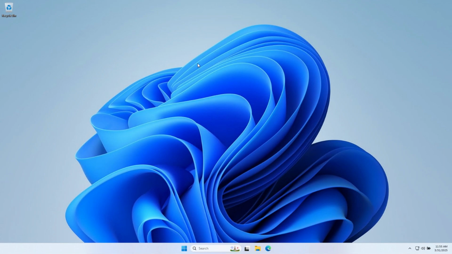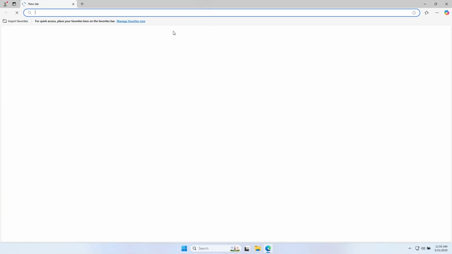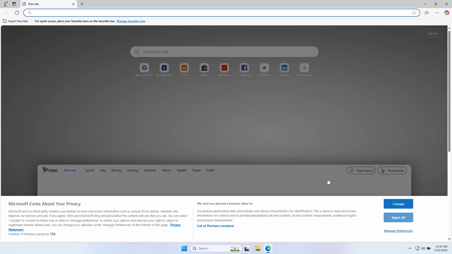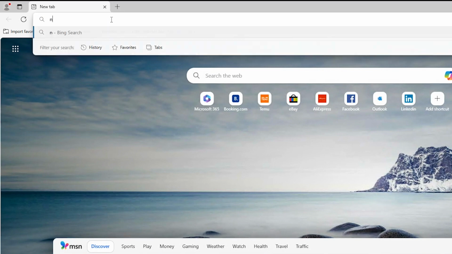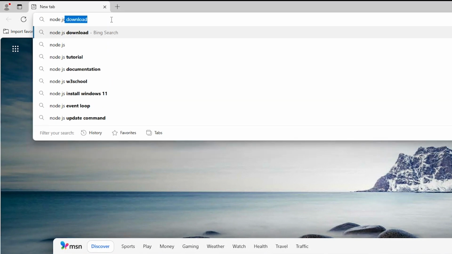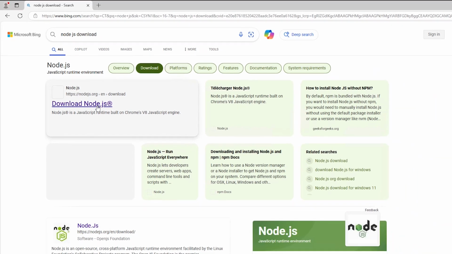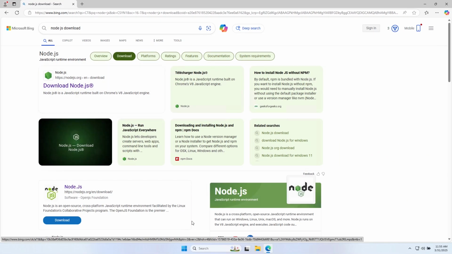Step by step. So first you need to of course use a web browser to download Node.js. I am using the default one, Microsoft Edge, but it is not that good. So first of all you need to search Node.js. You can see it automatically detected and download. In here you can see there are many ads, but you can find the correct website by looking at the URL